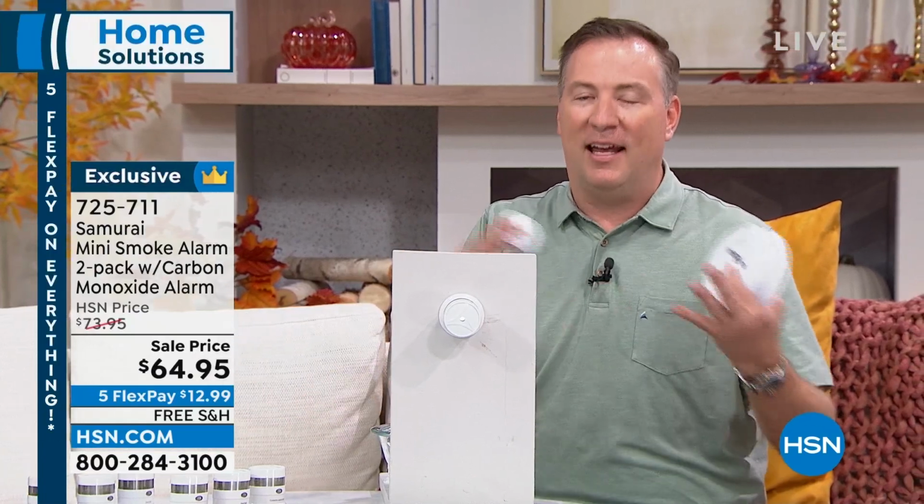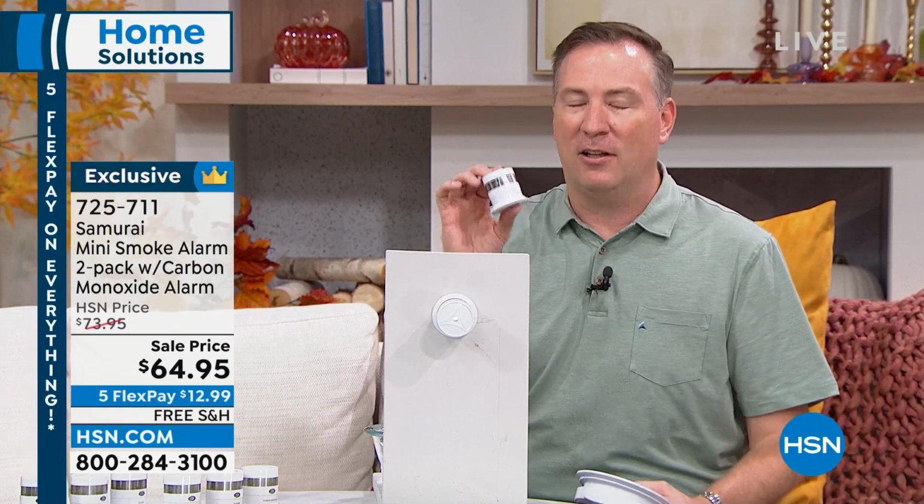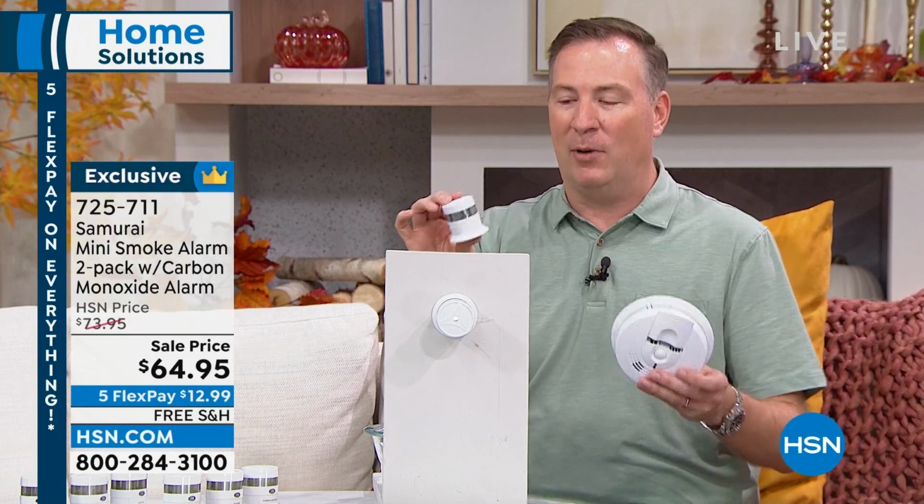It's so nice to be able to have this. I love offering this because there are so many things that we would like to have in our house. Bobby, this is really a necessity. All the stuff that we buy for our house, what would happen if you had one fire and then bad things happen? It's your kids, your family, the loved ones in your home, your pets, and all the stuff that's really precious to you. But having that first alert, that first warning that something bad is happening, could be really pivotal